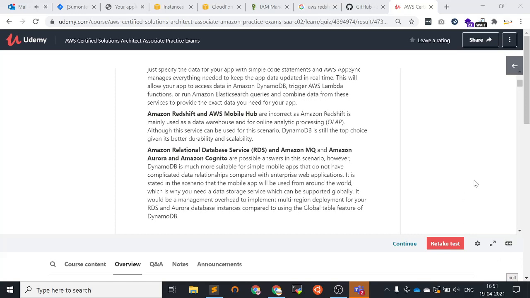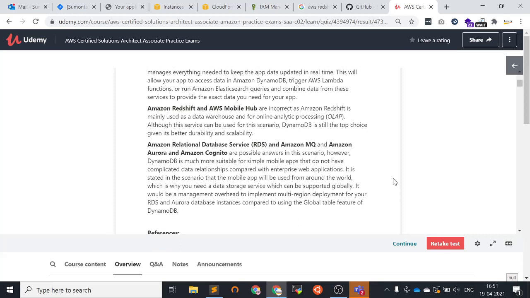It is stated in the scenario that the mobile app will be used from around the world, which is why you need a data store service which can be supported globally. It would be more management overhead to implement a multi-region deployment for your RDS and Aurora database instances compared to using the global tables feature for DynamoDB.